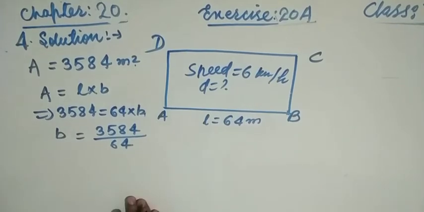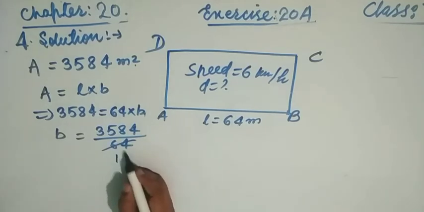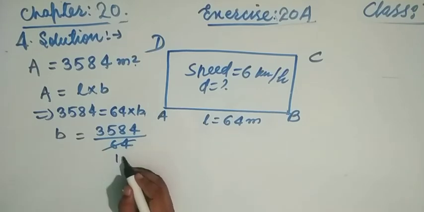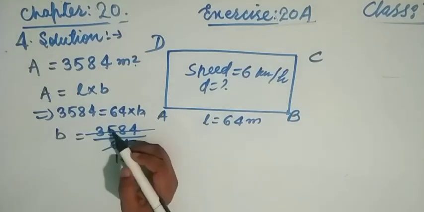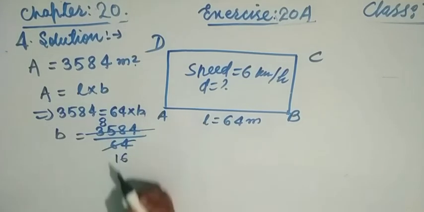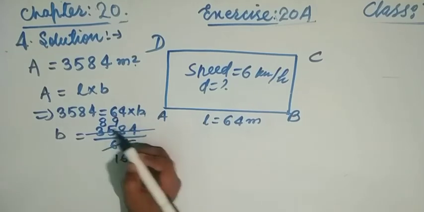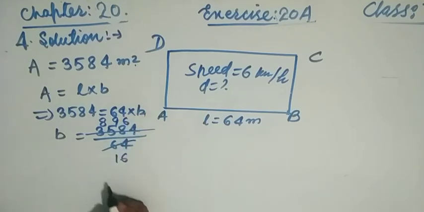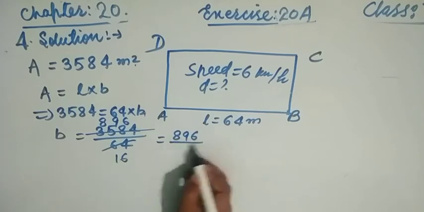here, 4 1 ja 4, 4 1 ja 4, and 4 6 ja 24. This is 4 9 4, 4 8 ja friends 32, 4 9 ja 36, 4 6 ja 24. So it becomes, friends, 896 divided by 16.